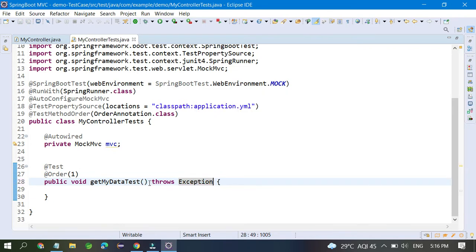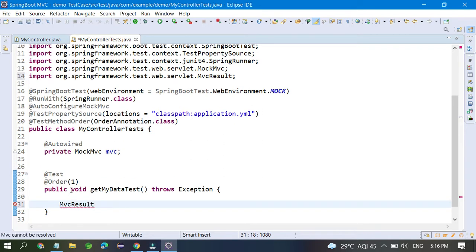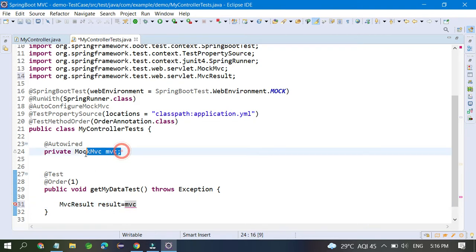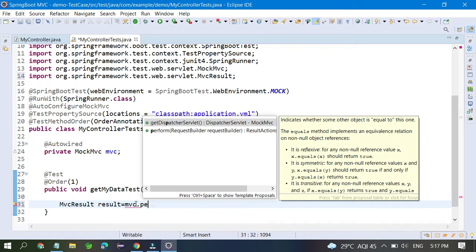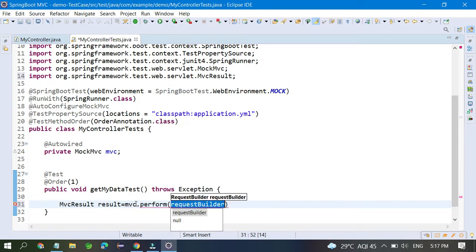Here you have to configure MvcResult. So just copy paste MvcResult equal to mvc, whatever variable you created for the MockMvc, dot perform. mvc.perform, and after that you have to write those things you are going to call.